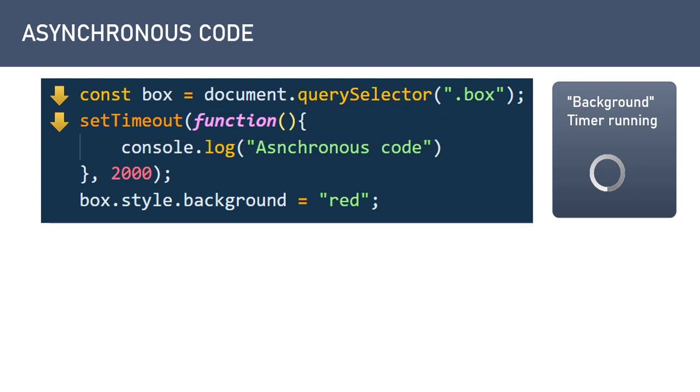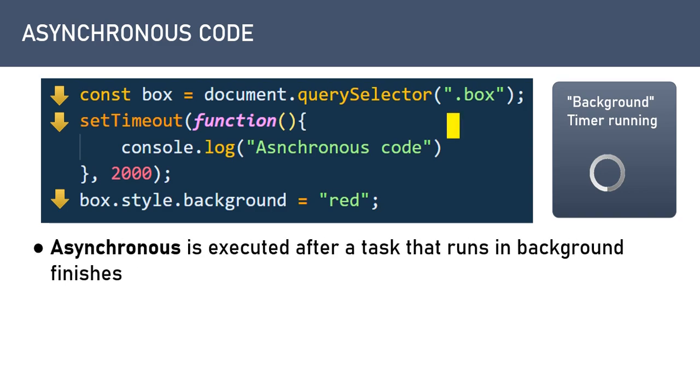But while it is running in the background, the third statement will get executed. So setTimeout will not stop the execution of the third line. The setTimeout completes its task once this timer expires in the background, then it executes the console log statement.